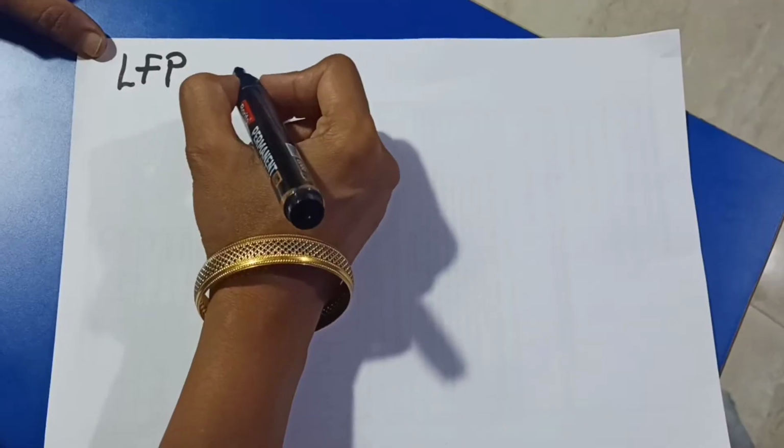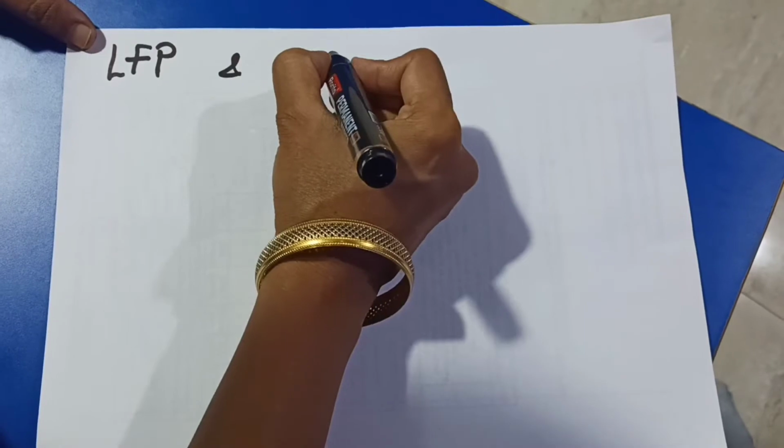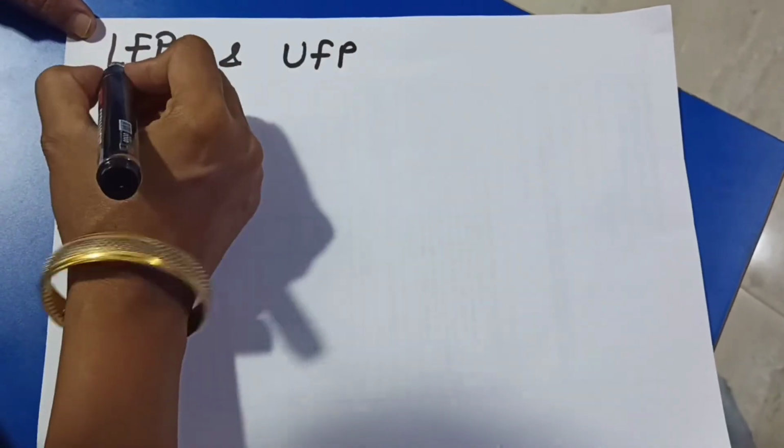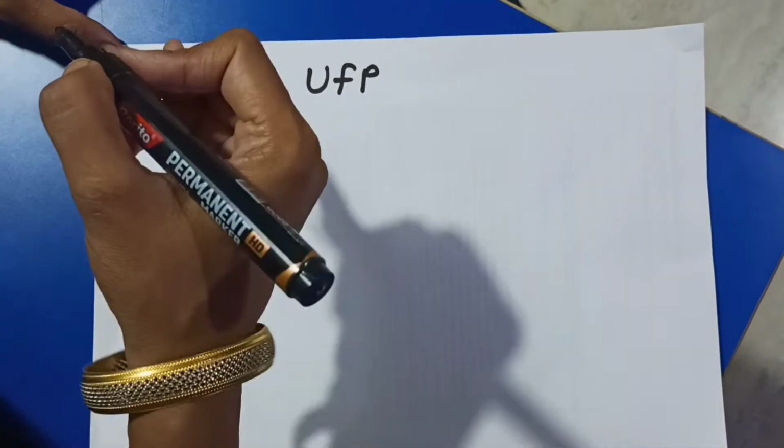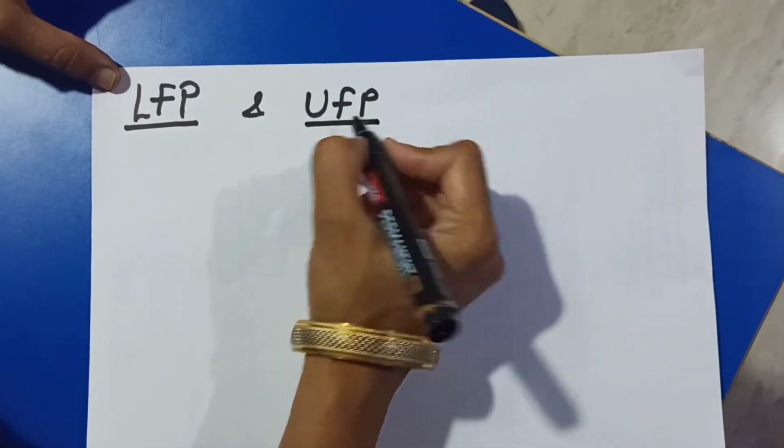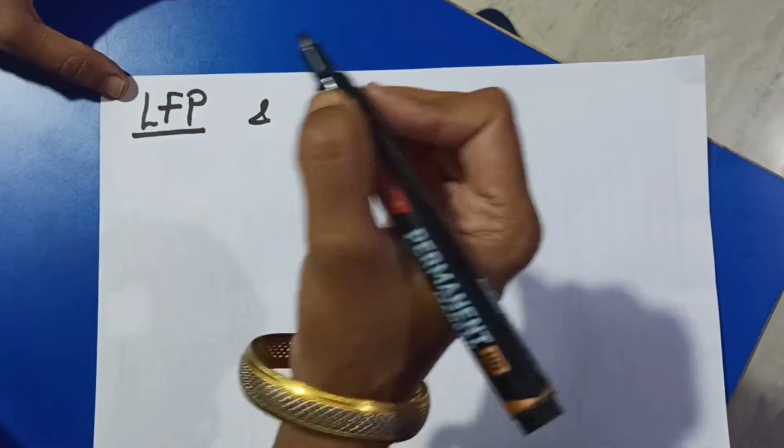Hello students, today I will clear the concept regarding the conversion of temperature in different scales. Different scales such as degree Celsius, degree Fahrenheit, Kelvin, Reaumur scale, etc. For this purpose, you have to know about 2 points, lower fixed point and upper fixed point of the scale. Lower fixed point is the point at which pure ice melts, and upper fixed point is the point at which water boils.